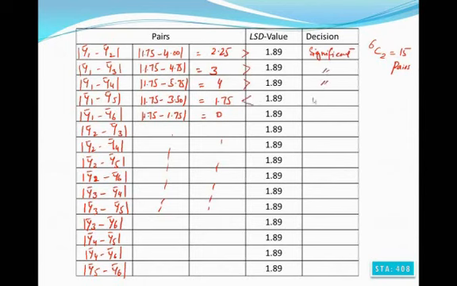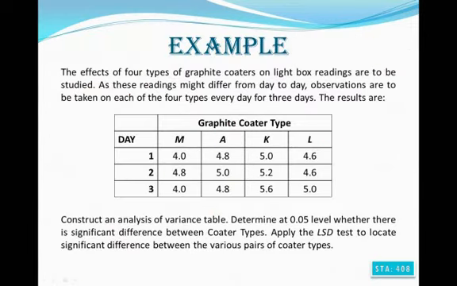This one is less than, so it is showing an insignificant difference. And this pair is also less than, it is also insignificant. Further, you will solve this example properly and compare the results, including another example, which is